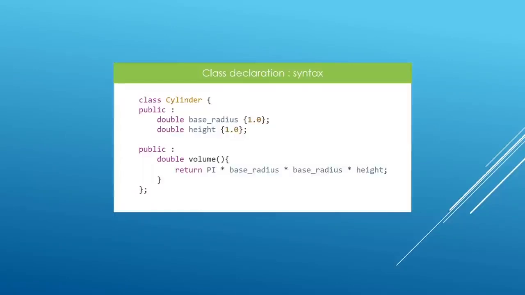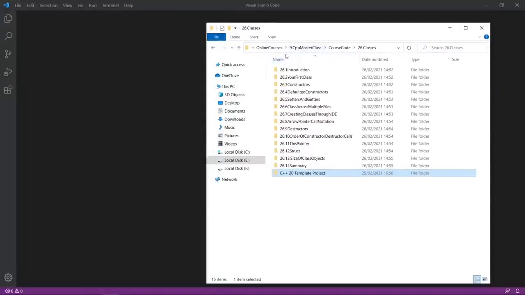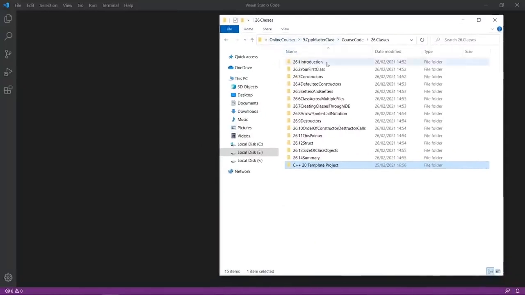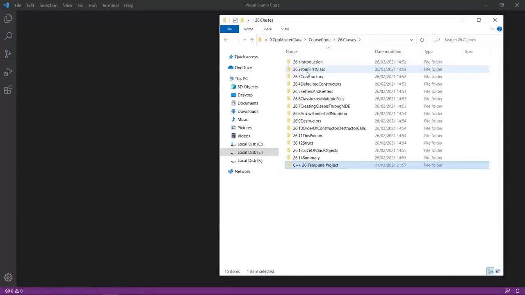Now that you have an idea about how you can declare and use your class in C++, let's head over to Visual Studio Code and play with this a little more. Okay, here we are in our working folder. The current project is your first class. You are going to build your very first class in C++. We're going to grab our template files, and we're going to copy them and put them in